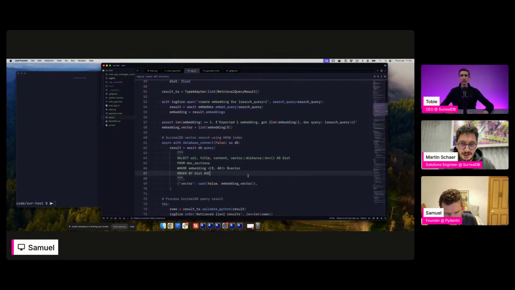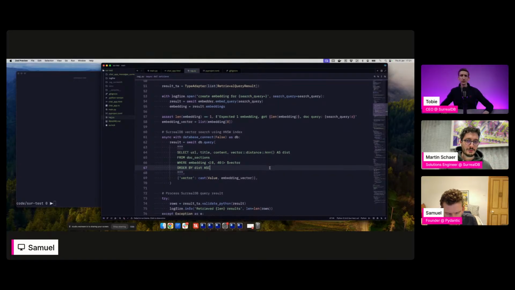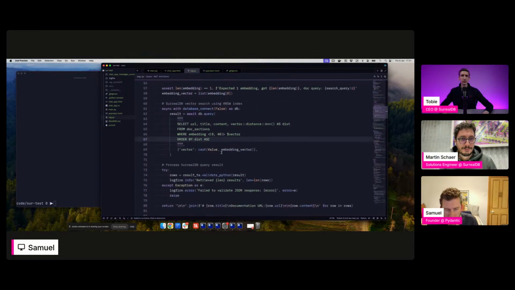And the first line in the select, where we do vector distance KNN, basically is going to reuse the same distance function that the index was built for. So if the index is using cosine, then this KNN is just getting the cosine distance. Makes sense. And then I'll carry on talking through.